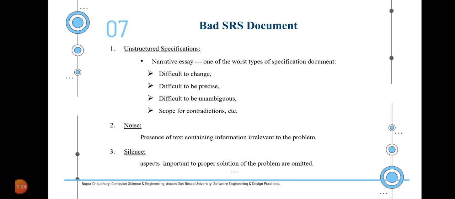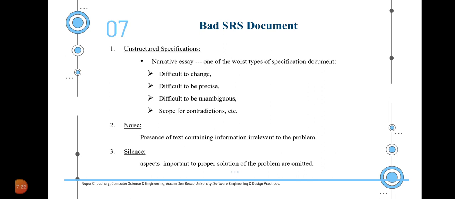So then what parameters decide that the SRS is not good, or that it is a bad SRS document? The first point is if the SRS has unstructured specification.